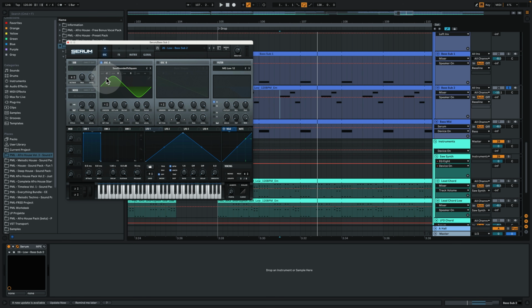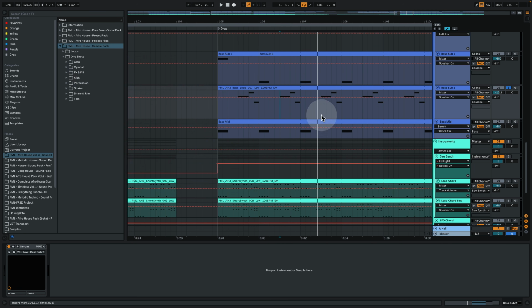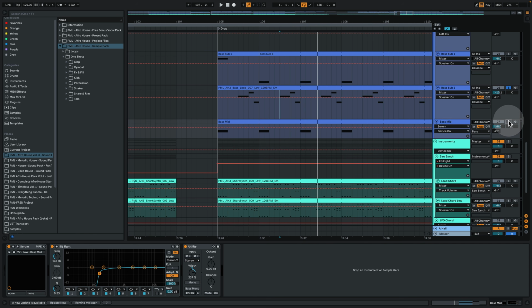Nothing crazy going on. We just have this extra saw rounded to square wave sitting on top, cutting through a little more than that deep sine wave on sub 1, and that's playing the higher frequencies here an octave higher and creating a bit more upper harmonics. And then on top of that, we have bass mid,